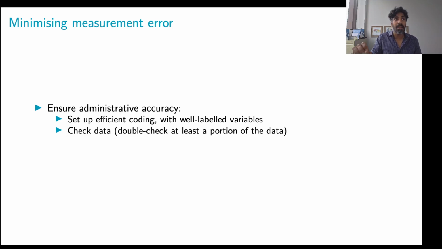To minimize measurement error, you can ensure administrative accuracy. So set up efficient coding with well-labeled variables. Check data, double check at least a portion of the data. There's this great story a colleague of mine told me where when he was a research assistant, he was employed